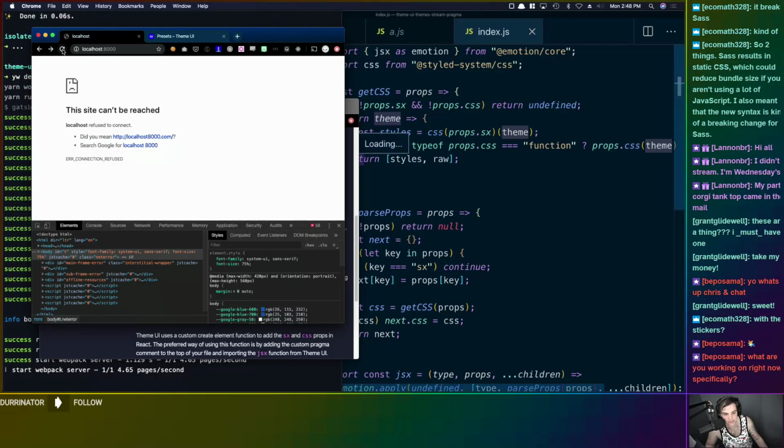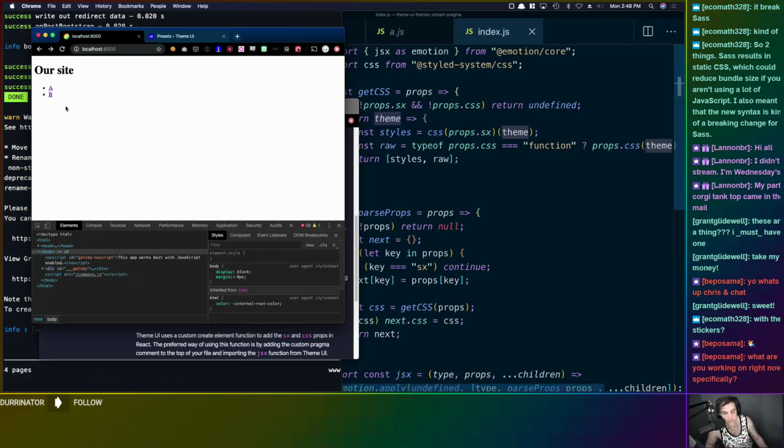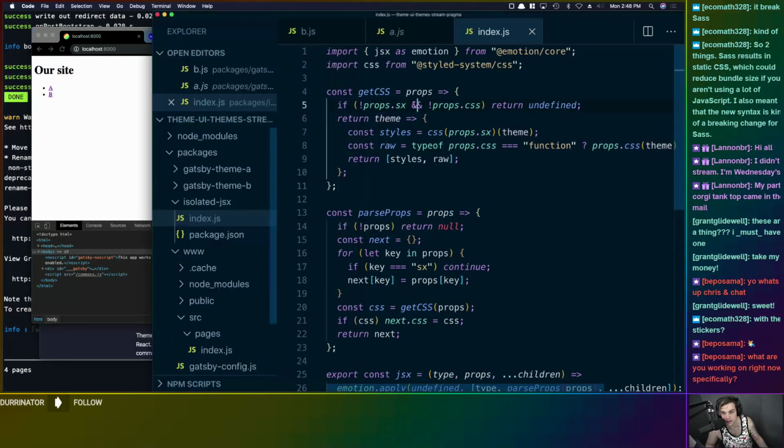And as soon as this starts, I can start clicking around. I have theme UI installed into theme A and theme B, and theme B and theme A both create one single page. So this is theme B's page, this is theme A's page, but you can see that they are both colored the same color. And that's because theme A's theme beats theme B because of the way that the wrap roots and the content